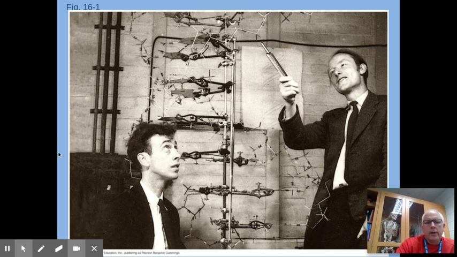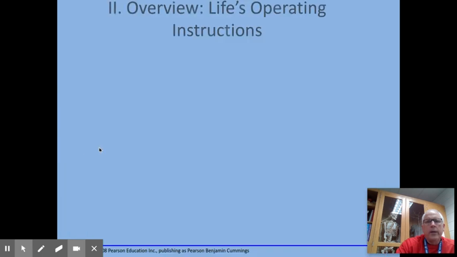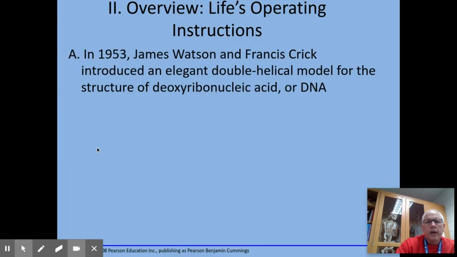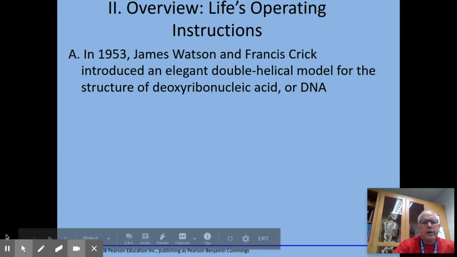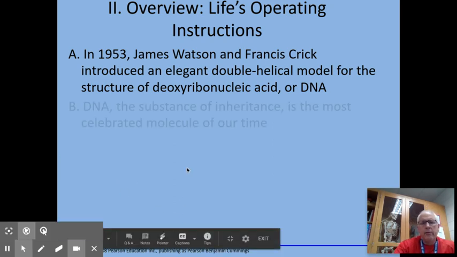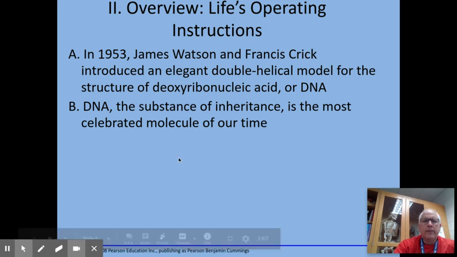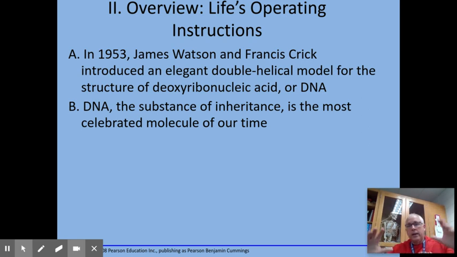Watson and Crick, we've talked about them in Bio 1. They came on the scene in 1953, so you can see how fast this progressed. They came up with the double helix model we still use today. You can see it back here in that picture I had up there before. They figured out that DNA was the substance of inheritance, and it's one of the most celebrated molecules of our time in biology. It is the holy grail of